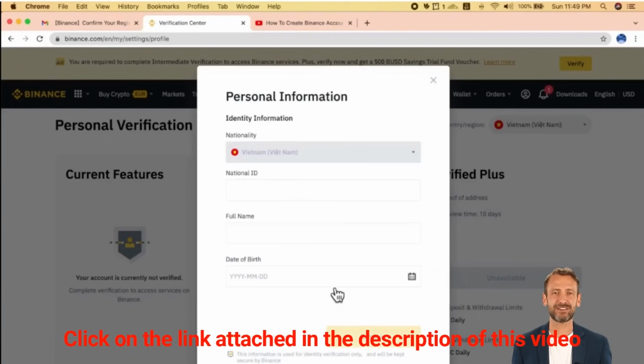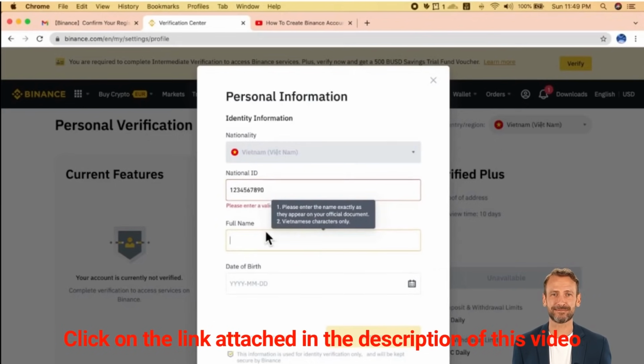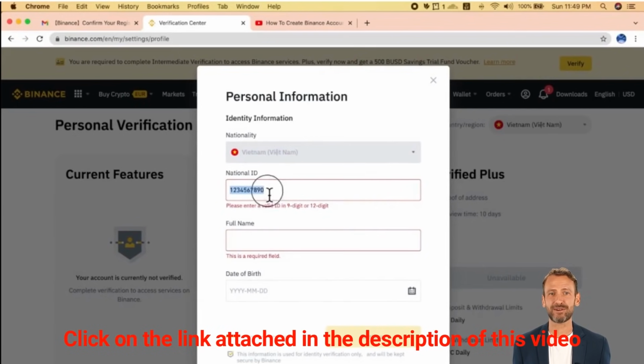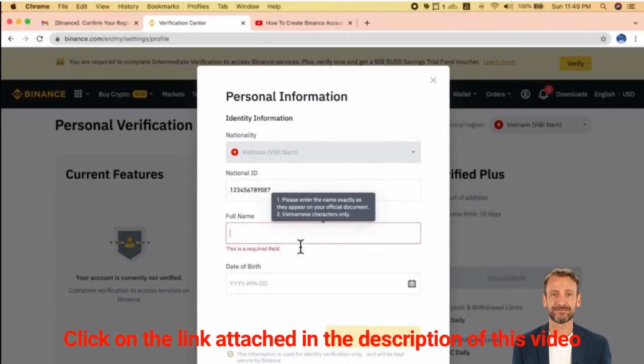and enter your national ID, your full name, and your date of birth.